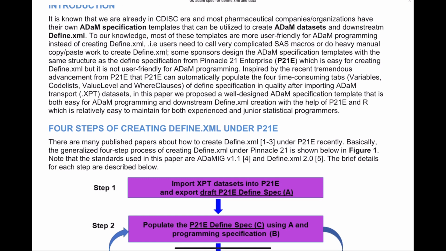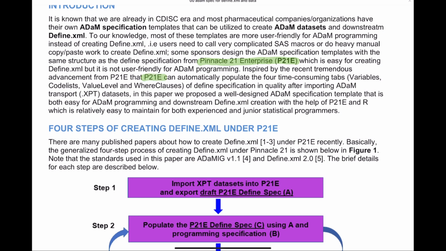So the authors of this paper really looked through Pinnacle 21, the recent advancement in this company. They had a really good solution to create Define XML. So